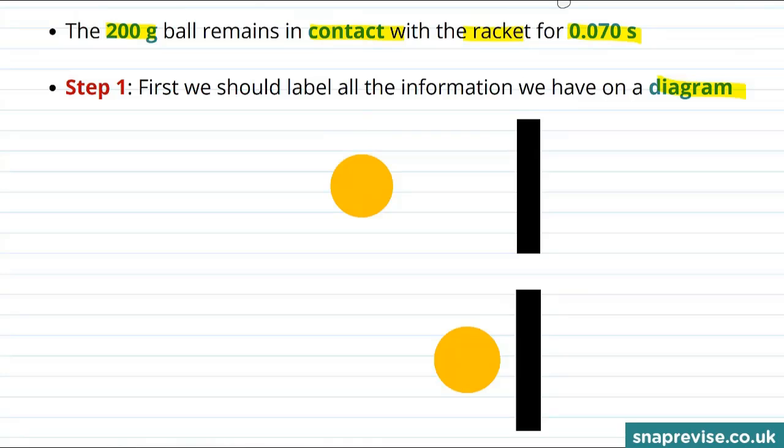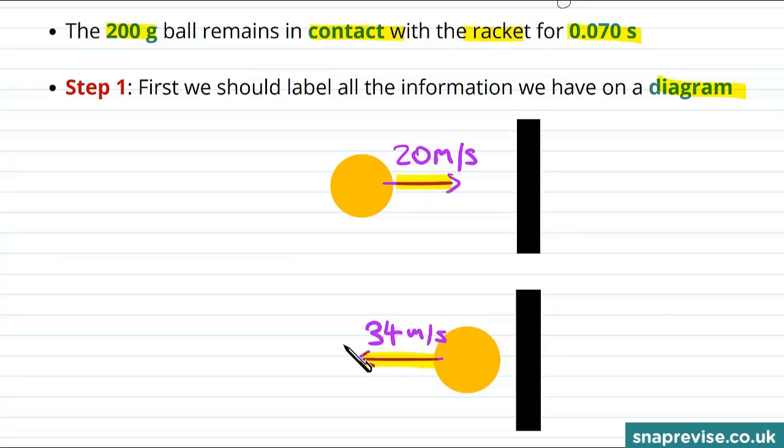We know that the ball approaches at 20 meters per second and then leaves at 34 meters per second. The direction of the arrows here will hopefully help us remember that the change in velocity is actually 20 meters per second added to another 34 meters per second. Now we know the mass of the ball is 200 grams. And finally, the time taken for this process to occur is equal to